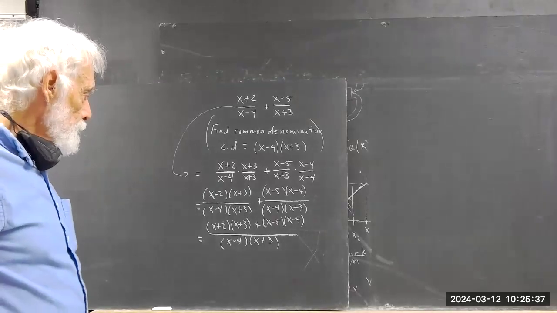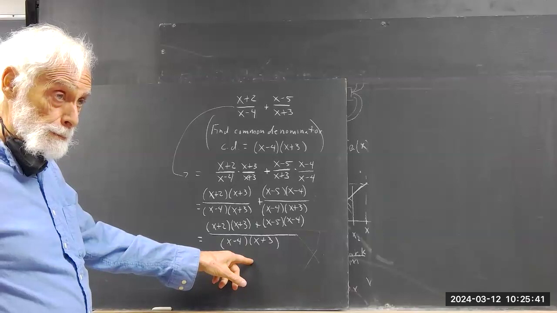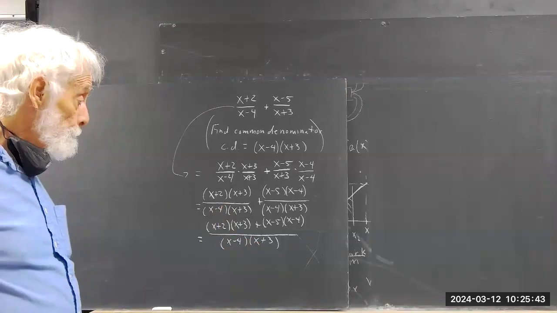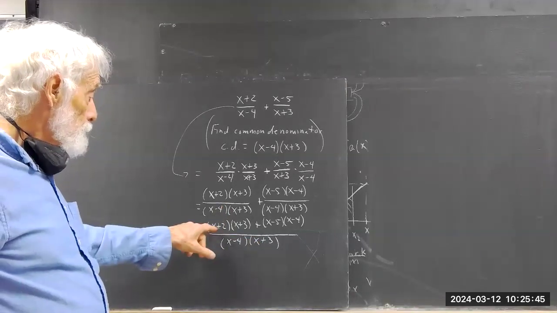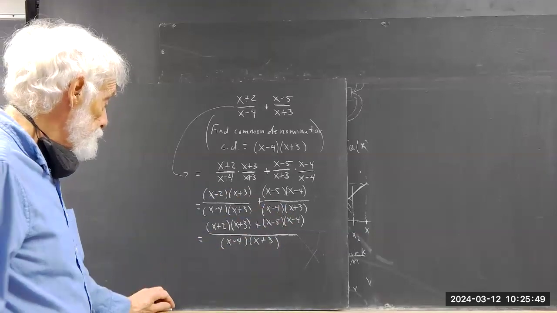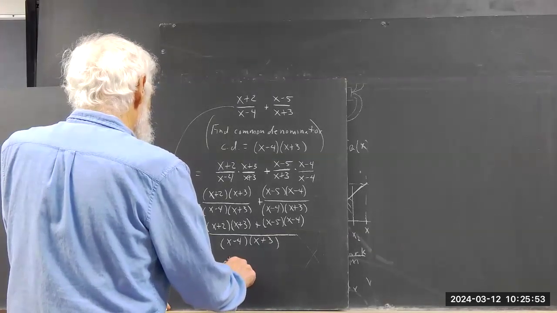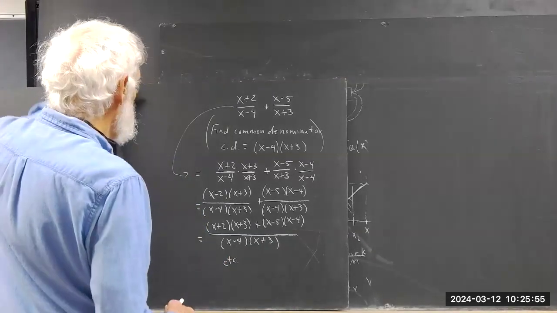We add the numerators and put those over the common denominator. There it is. Now there's more. We can multiply these out, add them up. There's an et cetera involved here, but let's just concentrate on